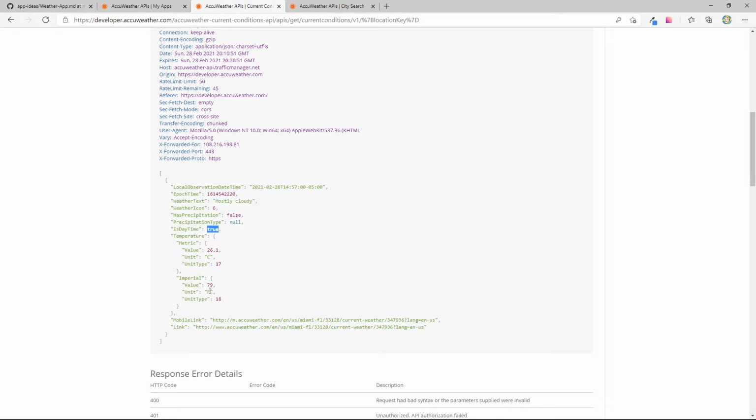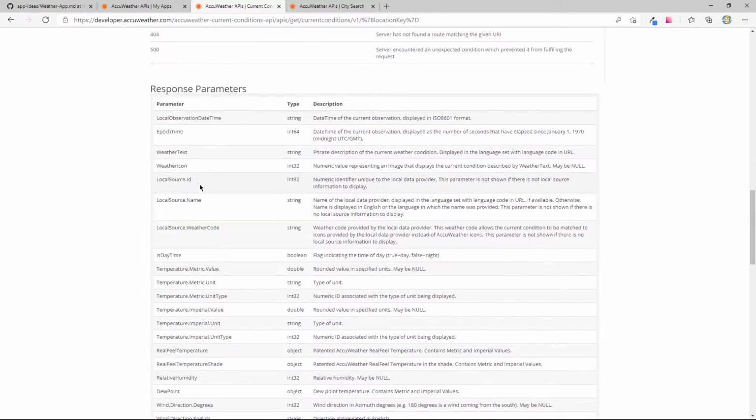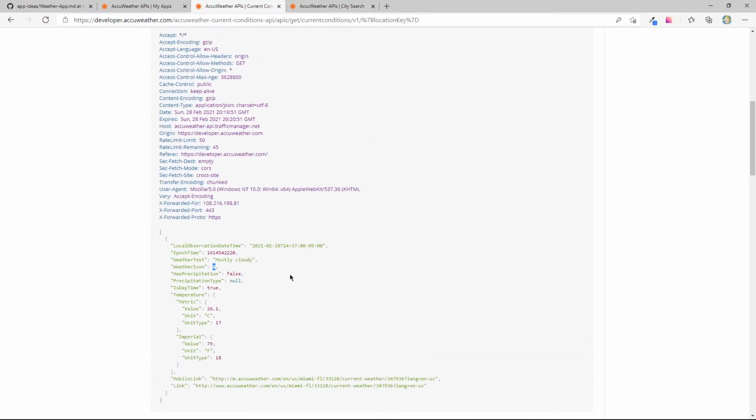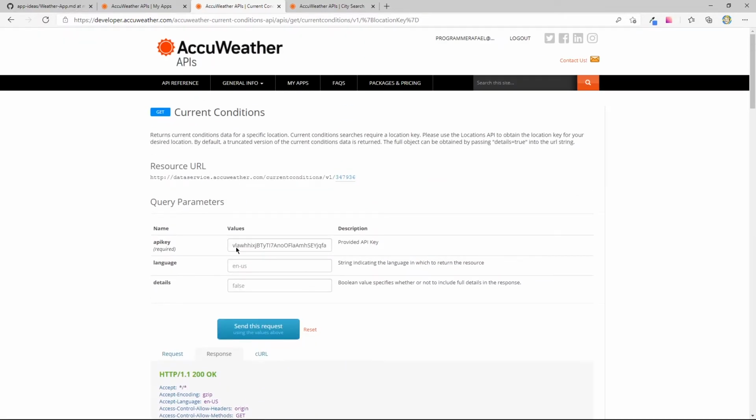We have the temperature. We have a link here, which I'm not sure what it's for. Weather icon 6. What does that mean? It says a numeric value representing an image that displays the current condition described by weather text. What does that mean exactly? I'm curious if there's some other API that we would call with that icon.